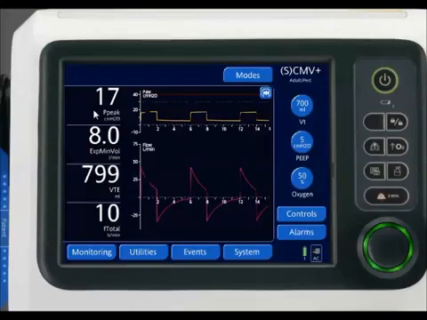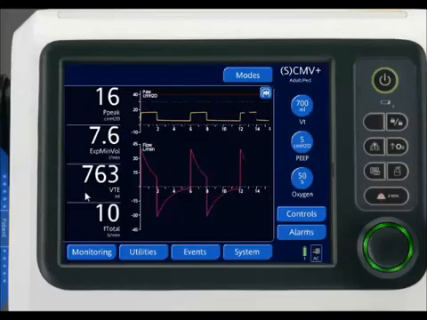So there's my peak pressure. I went back down by 2 centimeters of water from 19 to 17, trying to reduce that tidal volume. So I still have a higher tidal volume of 799, now 780. The ventilator is going to look at the measured tidal volume again to see where it wants to set its peak airway pressure. And you notice it decreased the peak airway pressure to 16. And now my measured value is going down to, again,